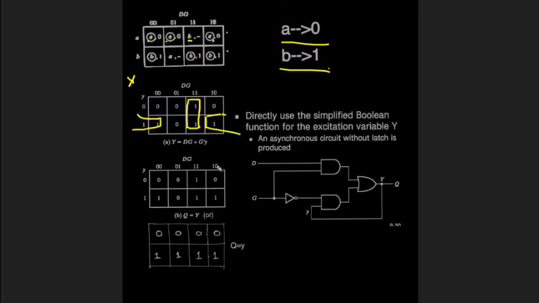For the outputs, we have two don't care entries. We can assign either 0 or 1. If I assign 1 here and 0 here, we can see that the output table will be equal to the transition table. Therefore, Q will be equal to Y. If I assign 1 here and 0 here, Q will be equal to small y, which is the current state. Either way, we obtain the same circuit. With the expression, I obtain the circuit without a latch.